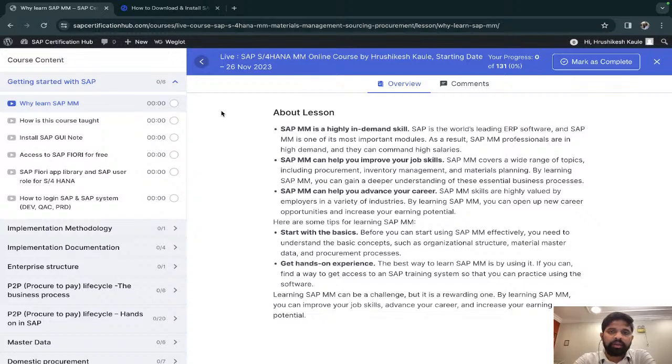SAP is such a product which is accepted by more than 70% all over the world. What I have seen is that a company which has that much investment capacity is obviously going for SAP itself. Many companies are coming from Oracle or Microsoft Dynamics to SAP, and SAP is used for mid-scale to large-scale industry.